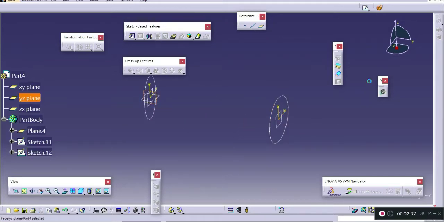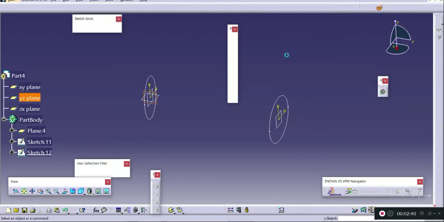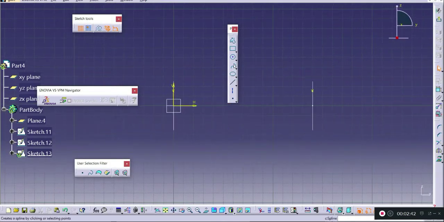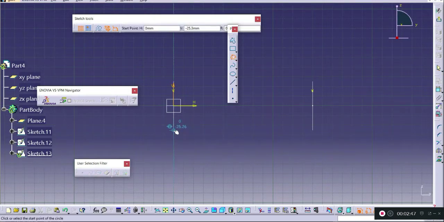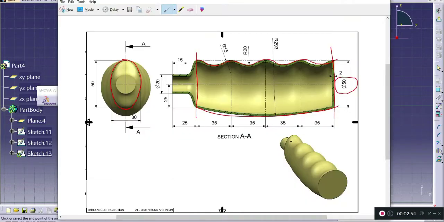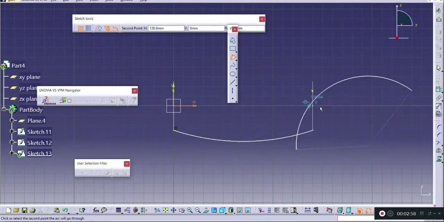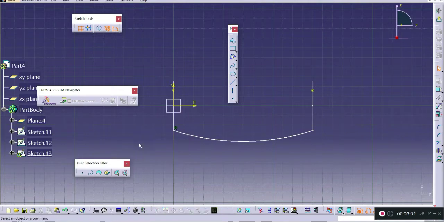So I will go onto this plane, go to the sketch, and I will draw one simple arc from this to this, and the radius of the arc that they have given is 293. So I will specify the dimension for this arc, then the distance of this point from this line, and the distance of this point from this line.